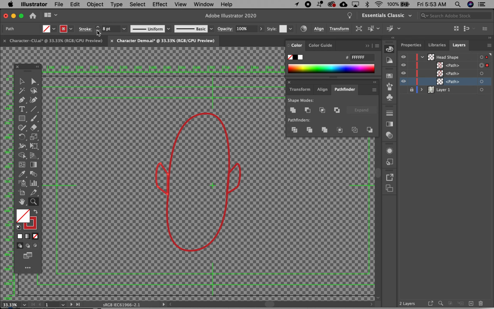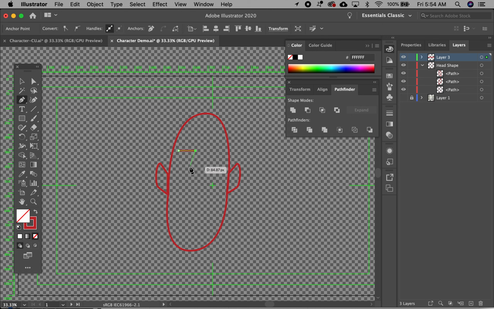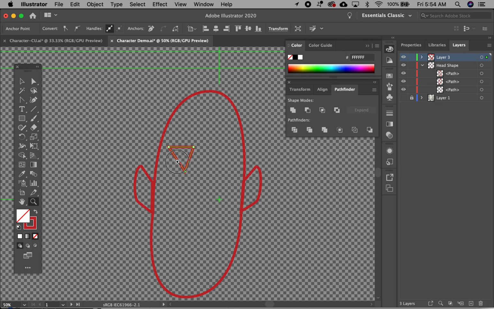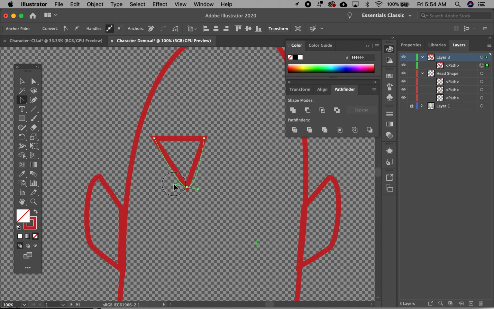So I can take this pen tool, right? Let's do a separate layer. And I'm going to just draw the eyes. Just be really simple with this, right? So you can actually just draw points like that, right? And then convert them with the pen tool here. Right? Now you have something like that, right? And again, just kind of moving this around so that your eyes,